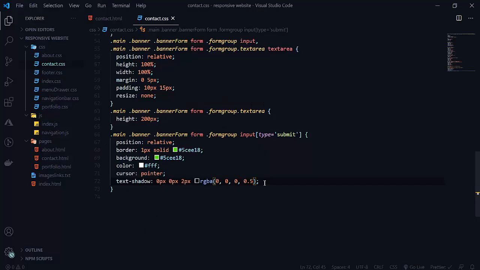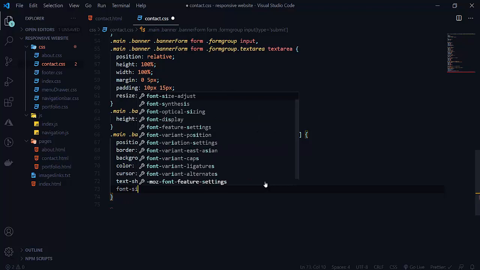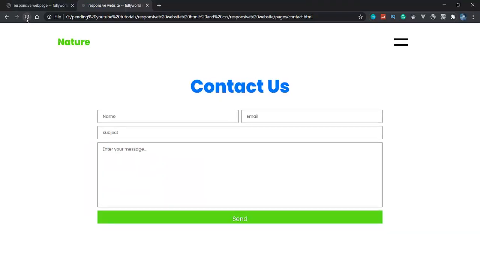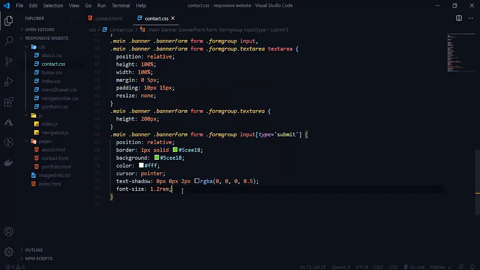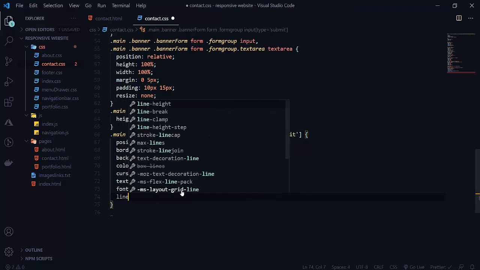So let's apply its font size. So font size will be 1.2 rem. So reload this. Now it is looking good, and let's apply its padding. So line height, we want line height also.